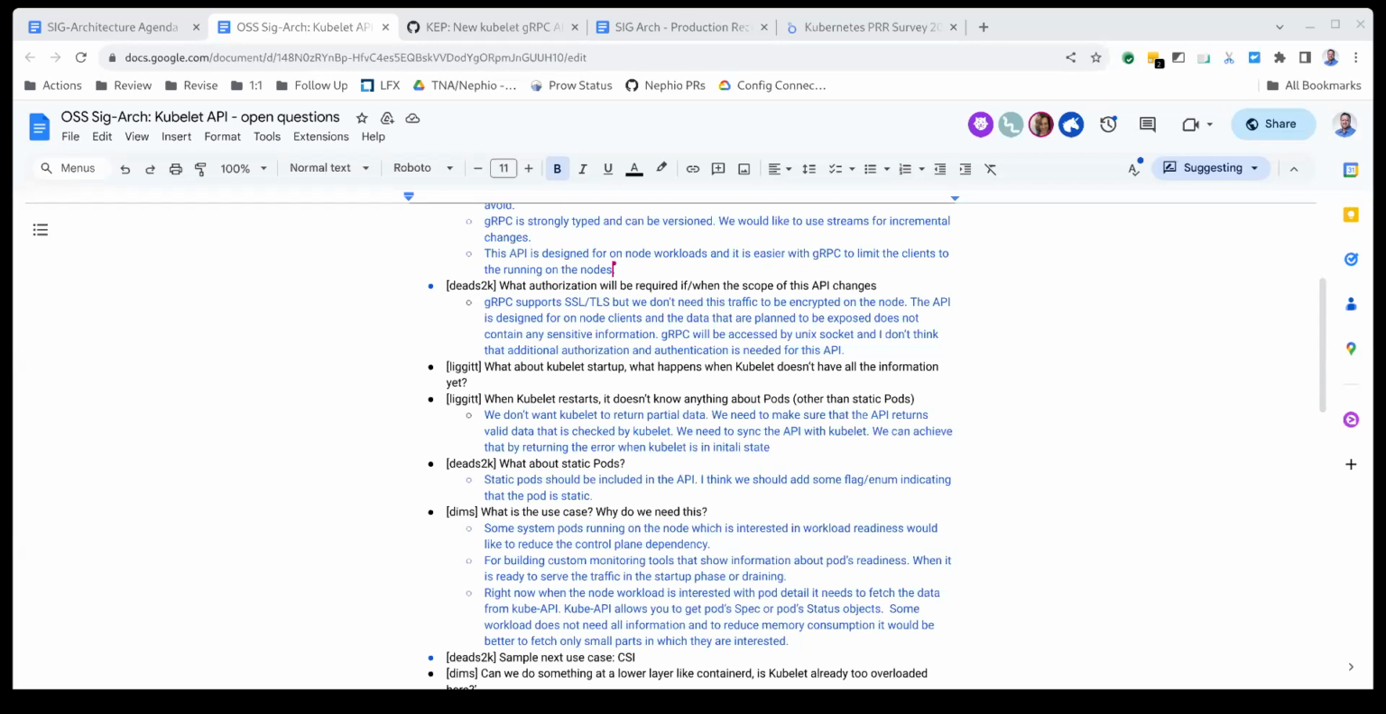Imagine you add another client. I know you say it's just CNIs, right? But what if you add something for CSI? It seems like a natural thing. I want to see the pods here. But a CSI driver would only need to be able to see the pods that had its CSI